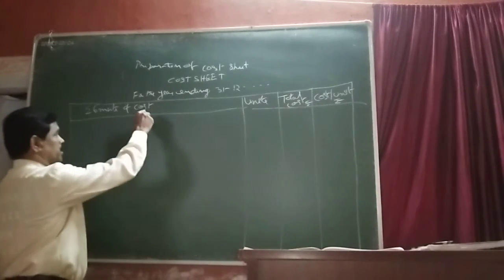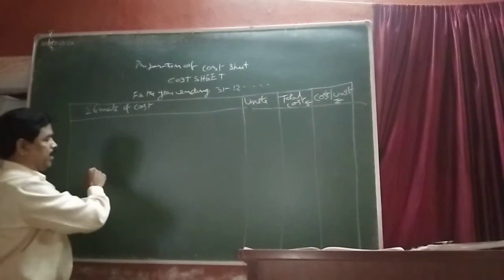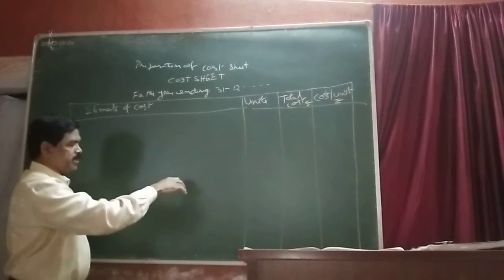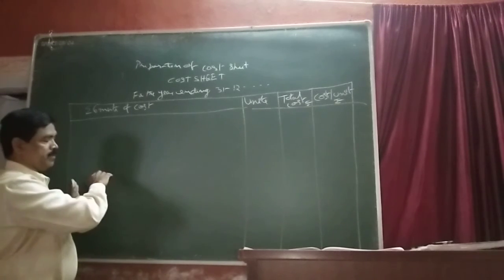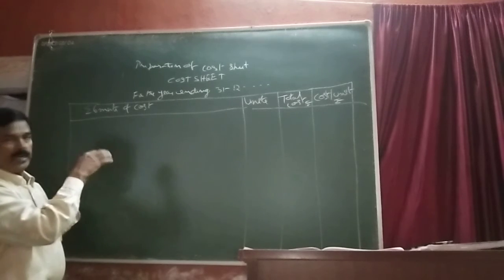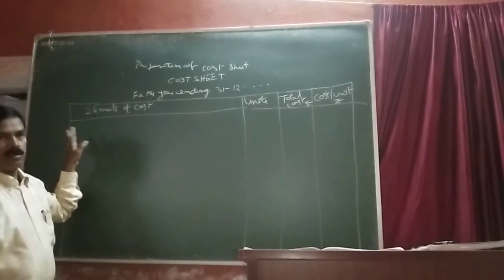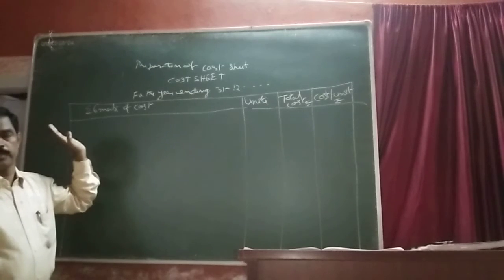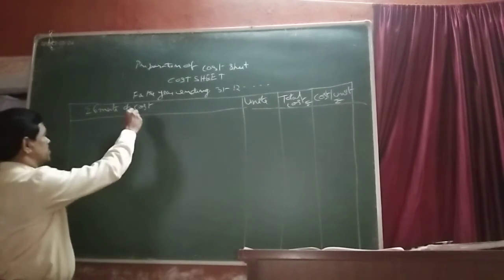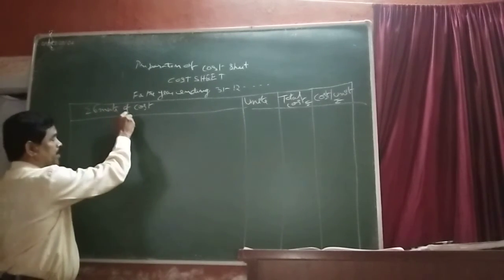Then this is the cost sheet, not an account. Under an account, we divide the total page into two. One is to write debit items, another one is to write the credit items. Here there is no question of dividing the entire page into two sections. Here we prepare the cost sheet in a statement form. In one place we write the elements of cost, or we can write it as particulars.